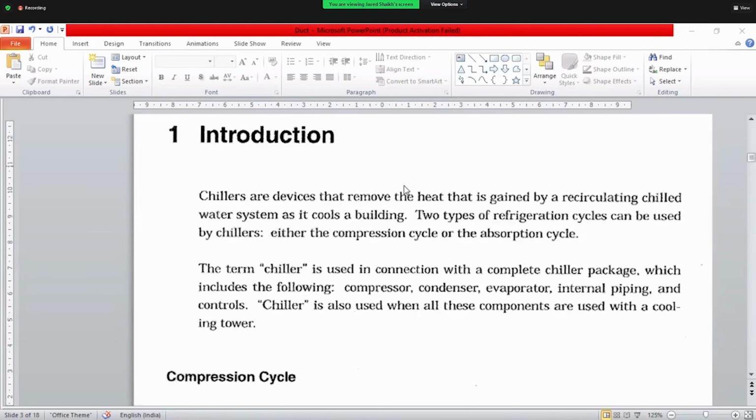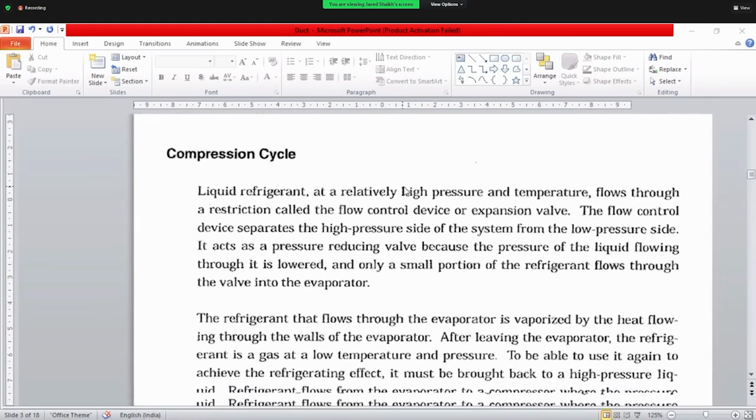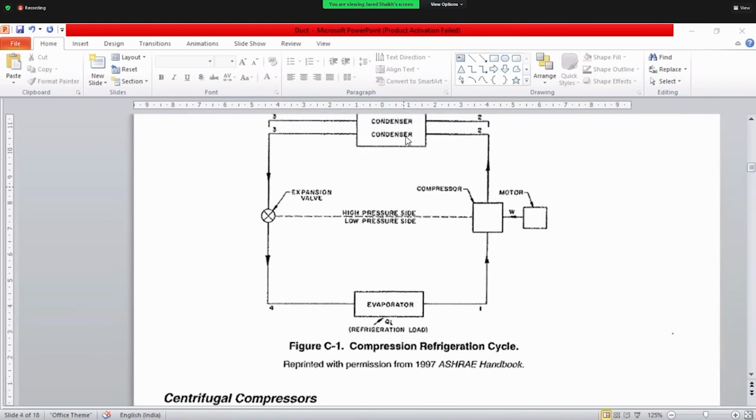This is the change of phase in the actual compression cycle. We have already discussed it, but you can have a look at how it actually works. So this is a condenser, and this is the evaporator. From the compressor it goes to the condenser where the heat is rejected, and then it passes to the expansion valve, where the temperature and the pressure decrease, here is a low pressure line. After the expansion valve, the pressure and temperature of the refrigerant decrease, and then it gains the heat from the evaporator. This is how the actual refrigeration cycle works.